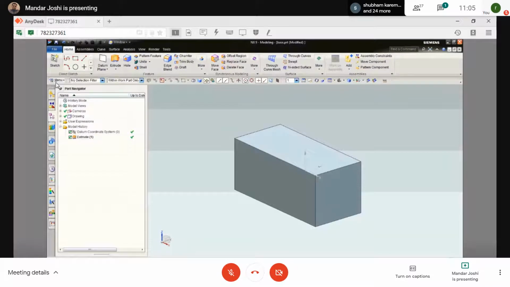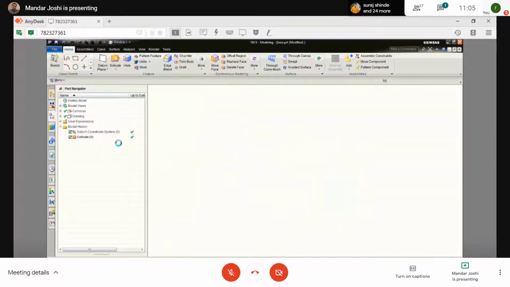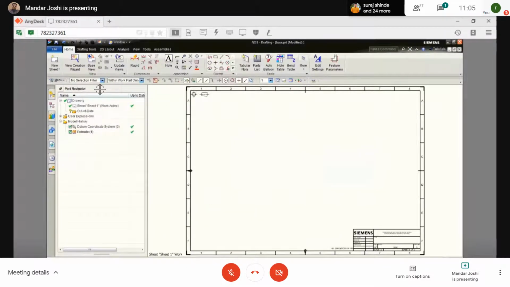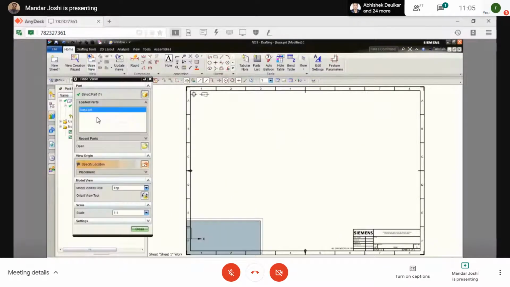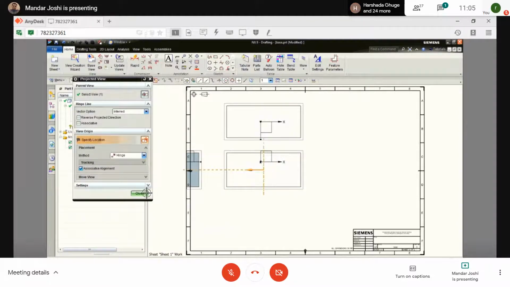Now let's see what will happen here. When you go to the drafting, from file, drafting mode, cancel this out, take a base view, scaling I will reduce to 1:2, click here. Let's see what is happening here.